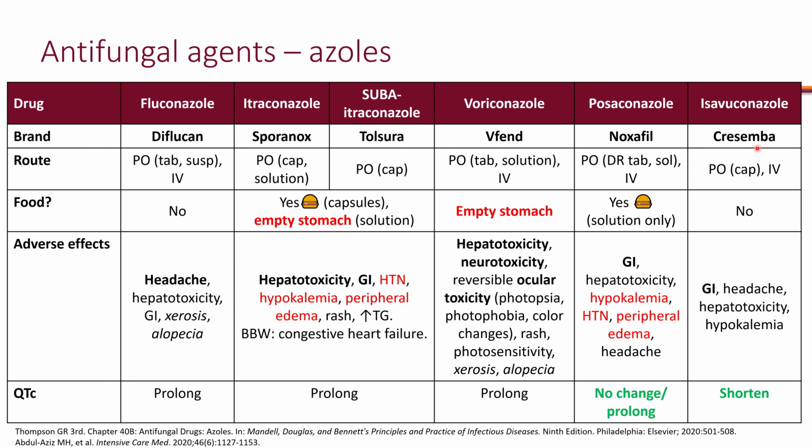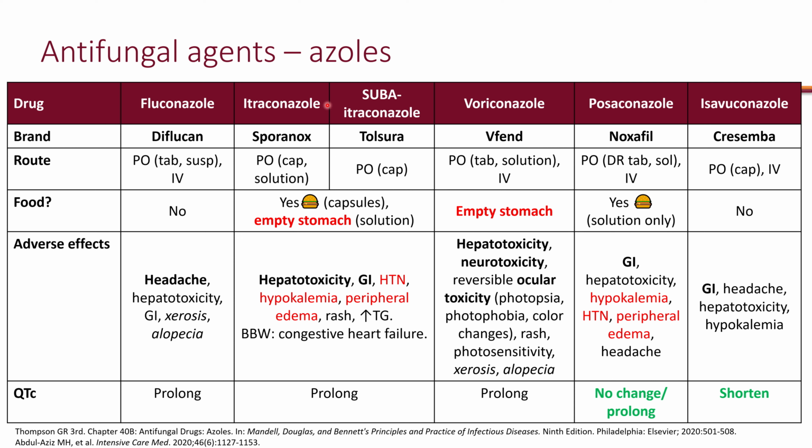And the newest azole is isavuconazole, or isavuconazonium sulfate, which is a prodrug, but it's available PO and IV. It can be given with or without food, and it's very well tolerated. So some GI adverse effects, and the mechanism for hypokalemia is still there. Now, interestingly, isavuconazole can actually shorten QTc, so it's the opposite of the rest of the azoles, but much better